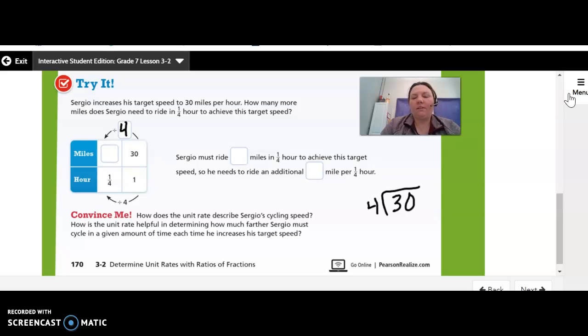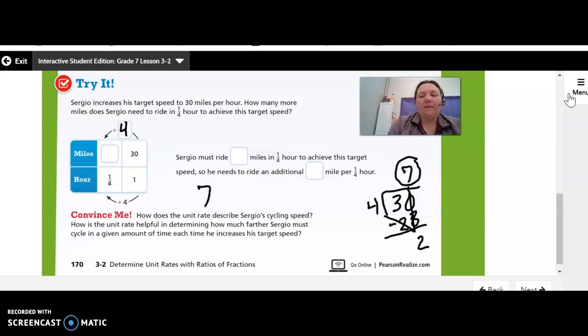Let's see, 4 goes into 30 7 times. 7 times 4 is 28. And that leaves me with 2 left over. And you might remember from in class, I reminded you that you can check it. And so we end up with 7 2/4 miles, which is the same as 7 1/2. Okay. So in order to reach his goal, he has to ride 7.5 miles in a quarter of an hour